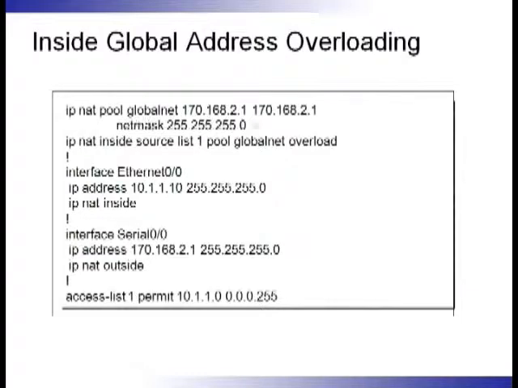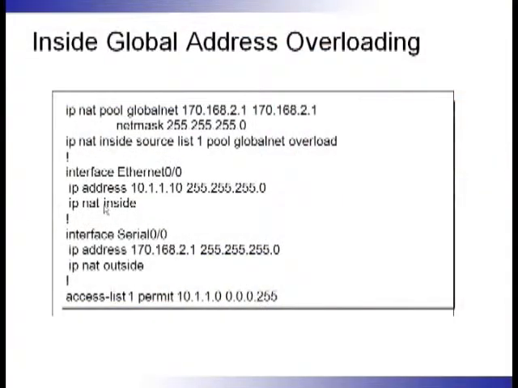This is kind of too much work, actually. We should just do this: IP NAT inside source list 1 interface serial 0/0 overload. Then we don't even have to type the pool because we're using the 2.1 anyway, so this is kind of redundant, isn't it? But nonetheless, we're going to do it like this in our lab because we're studying for the